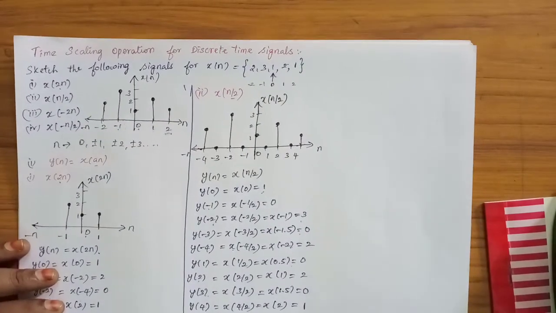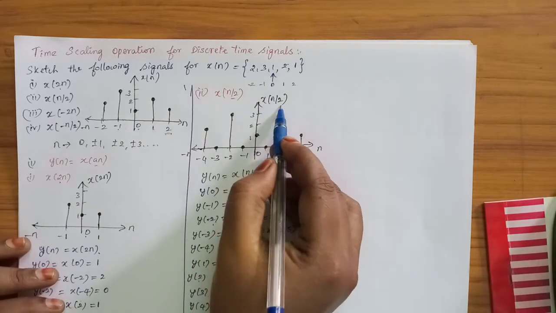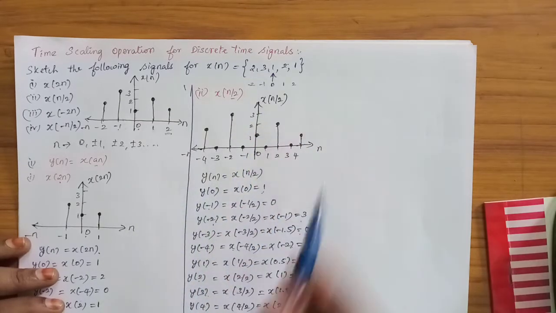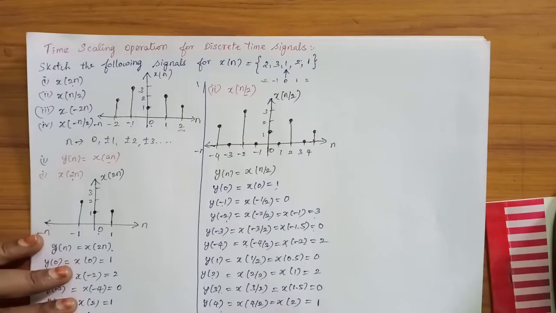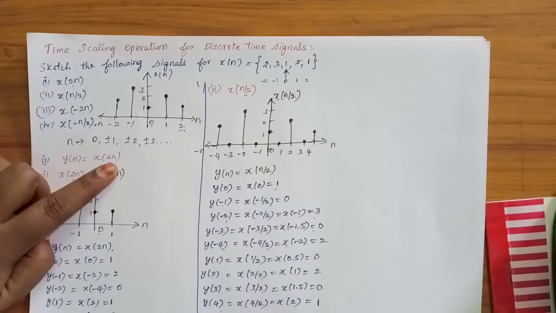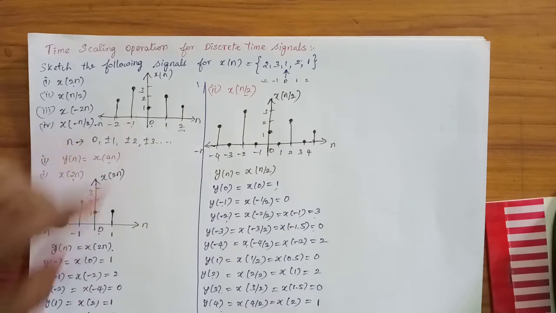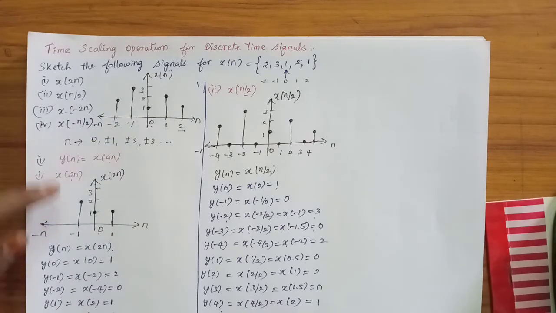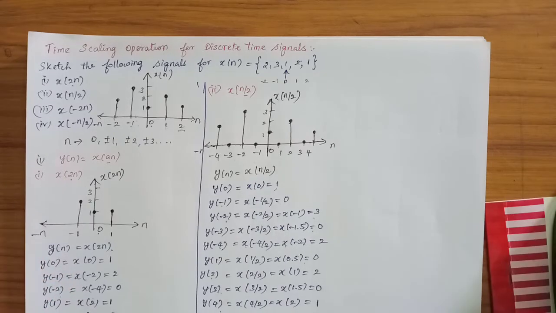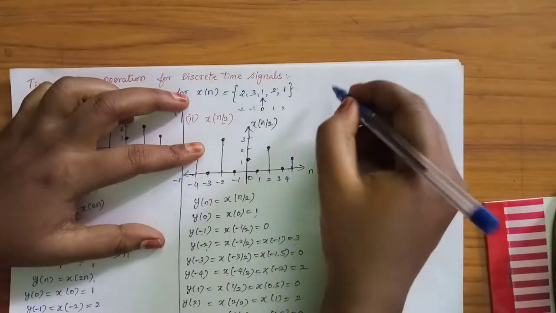That is, when we get the template like n by a, we have to multiply the limits by a value. When we get the template like x of an, we have to divide. While dividing, if we get decimal values of n, we have to discard the sample. So only for integer values we have to plot. Okay, so next we will see